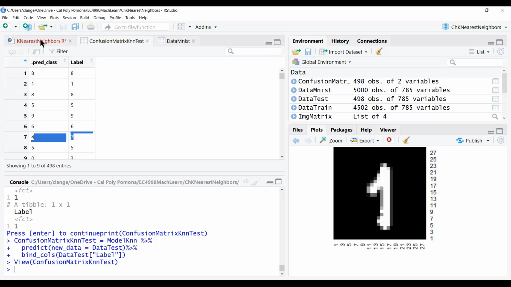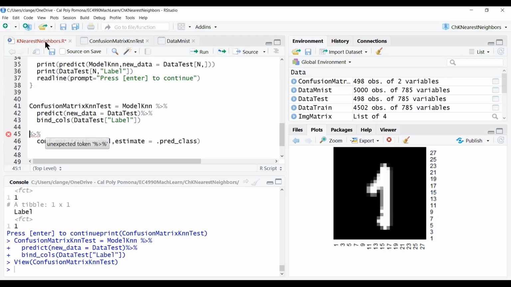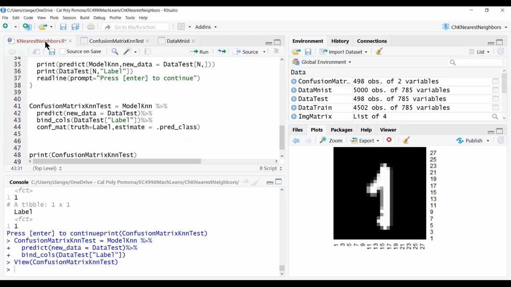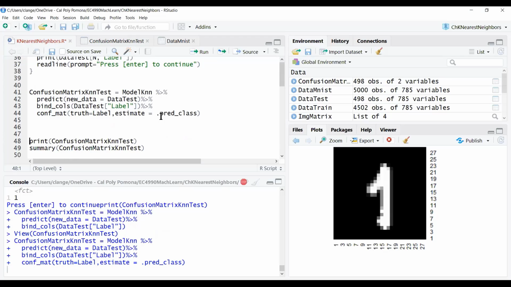So to get that into a confusion matrix, the only thing we have to do is push these results to the command confusion matrix, and we tell the command, you find the truth in the variable label, you find the estimate in the variable dot predict. If I execute it, again, it takes a moment, and I get the result. I generate a confusion matrix. The results for the confusion matrix are saved in the variable confusion matrix test. I can print my confusion matrix,